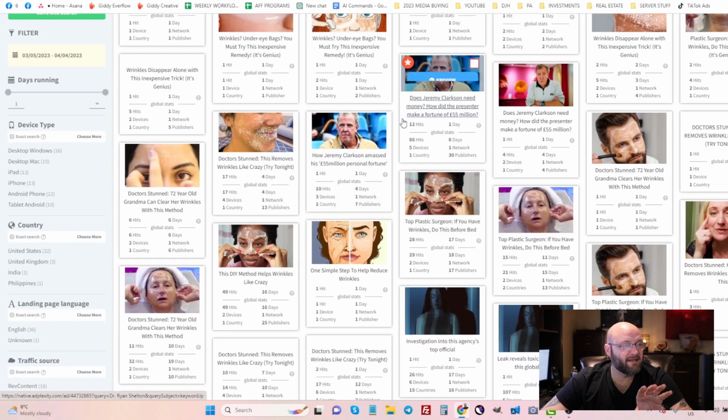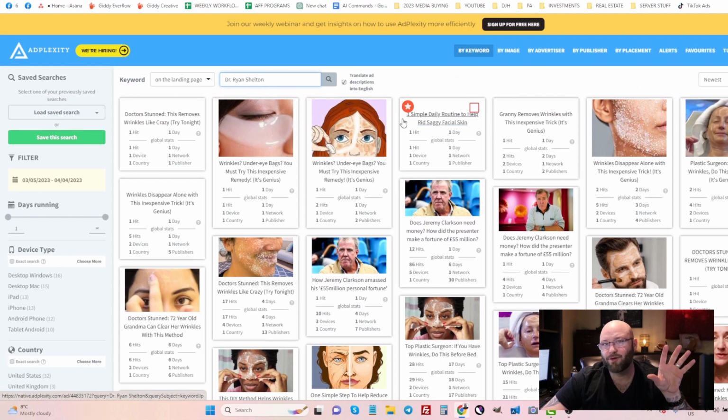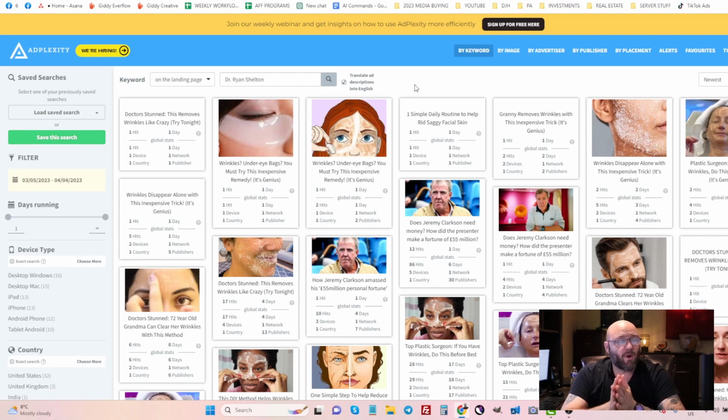Okay, you can see exactly what people are doing. You can see their landing pages, you can see their targeting, you can see what traffic source they're using, and all of them are likely going through Maxweb network. This is one of the strategies, but what I would suggest is you not copy what other people are doing,